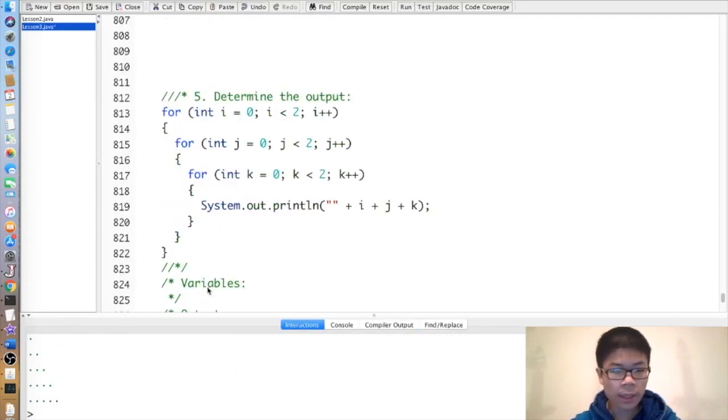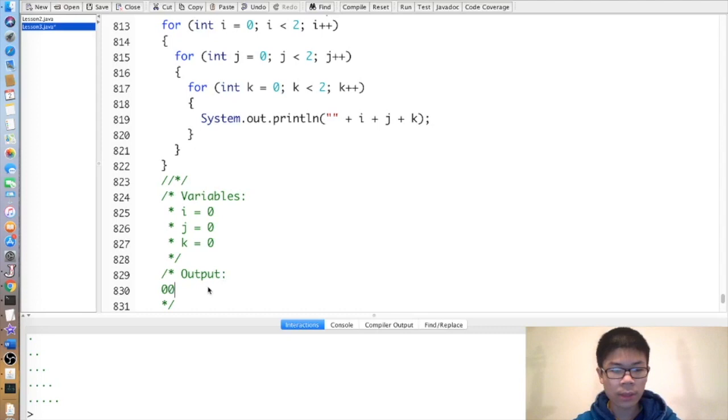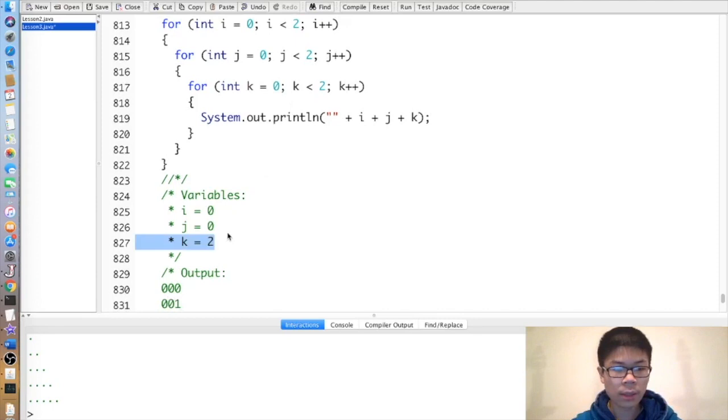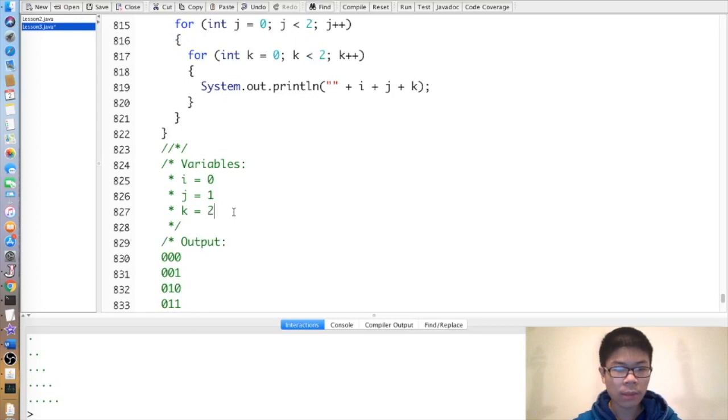The next exercise, so first, originally, I equals 0, j equals 0, k equals 0, prints 0, 0, 0, then k becomes 1, then prints 0, 0, 1, k becomes 2, 2 is not less than 2, so then I'm out of there, j becomes 1, and then k becomes 0, prints 0, 1, 0, k becomes 1, prints 0, 1, 1, k becomes 2, then that doesn't work, so then j becomes 2, that doesn't work, so then I becomes 1, j